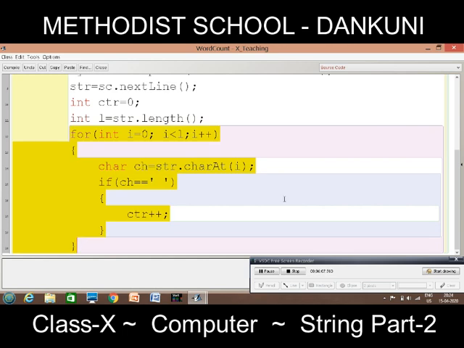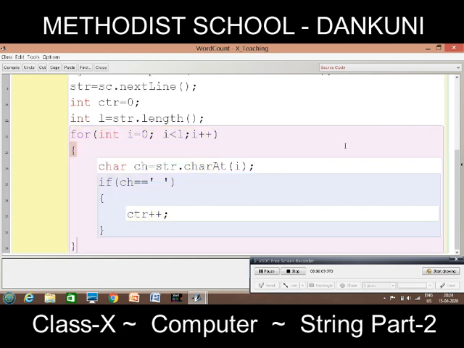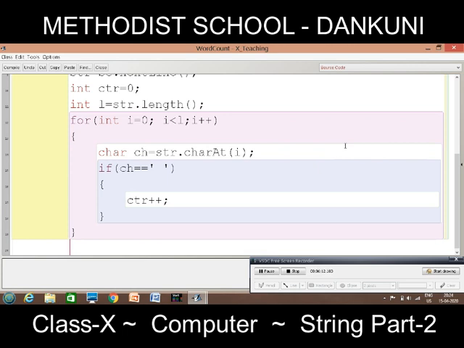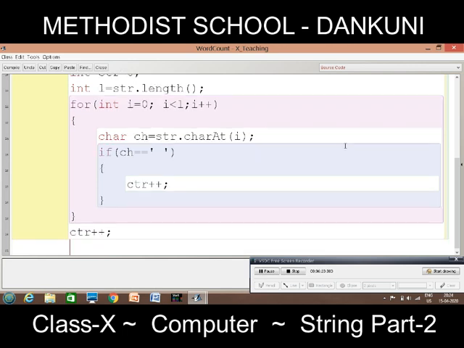Now once this loop is done, we have got the number of spaces. Now out of the loop, you please add 1 again to counter. So now it equals the number of words.